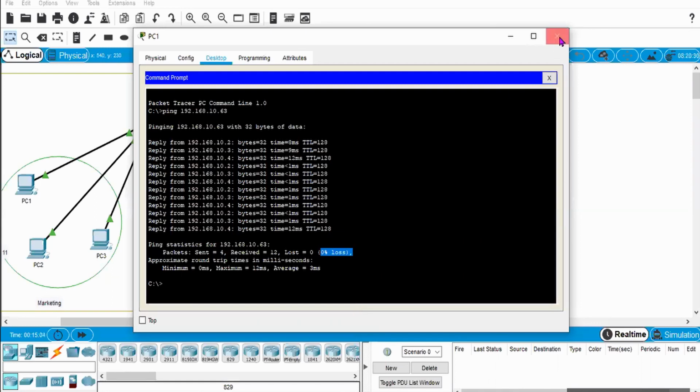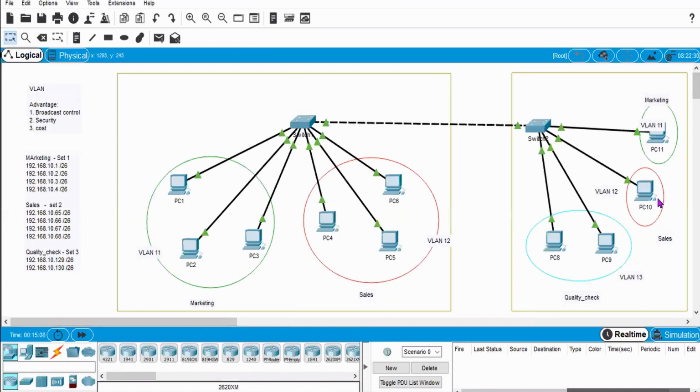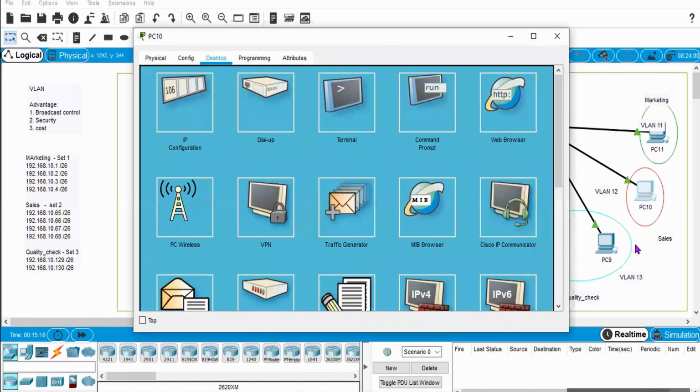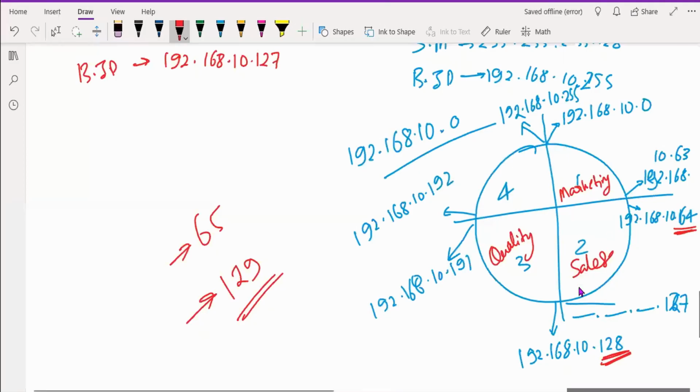In this way you can check for sales also. If I want to broadcast from here, my sales department is this one, the second cluster, and the broadcast address is 127.